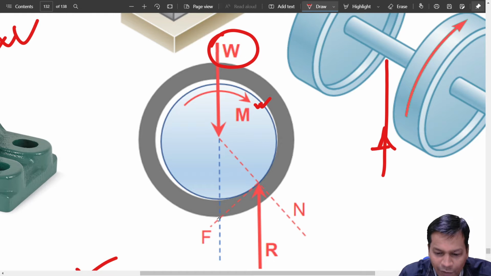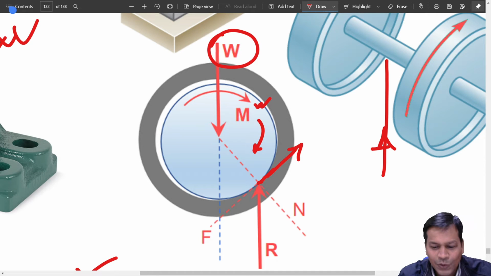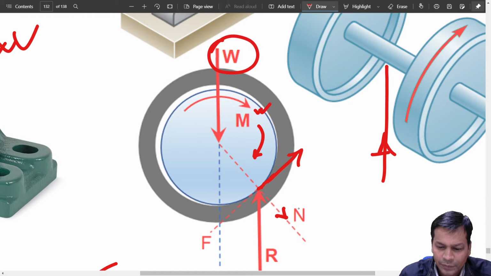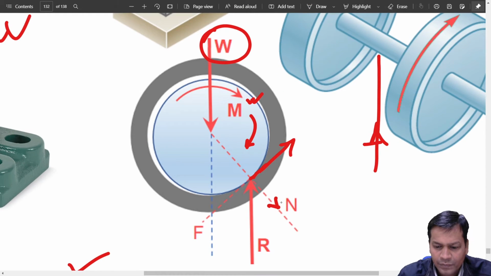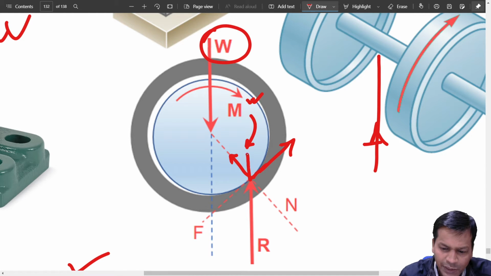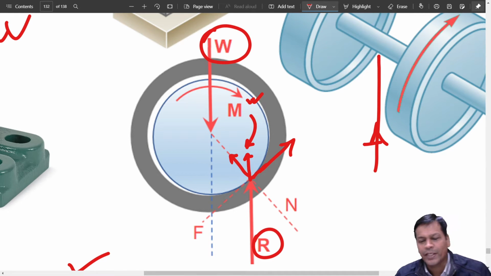Again, you have a friction force that is acting tangentially in this direction. If it is rotating like this, the friction force will be like this, is it not? So this is your friction, this is your normal. Effectively you will see this normal force on this body that I have to draw. Just a sec. Okay, so this is the force that comes on this. Effectively this is making your resultant force R in this way. Now this R will take care of everything.